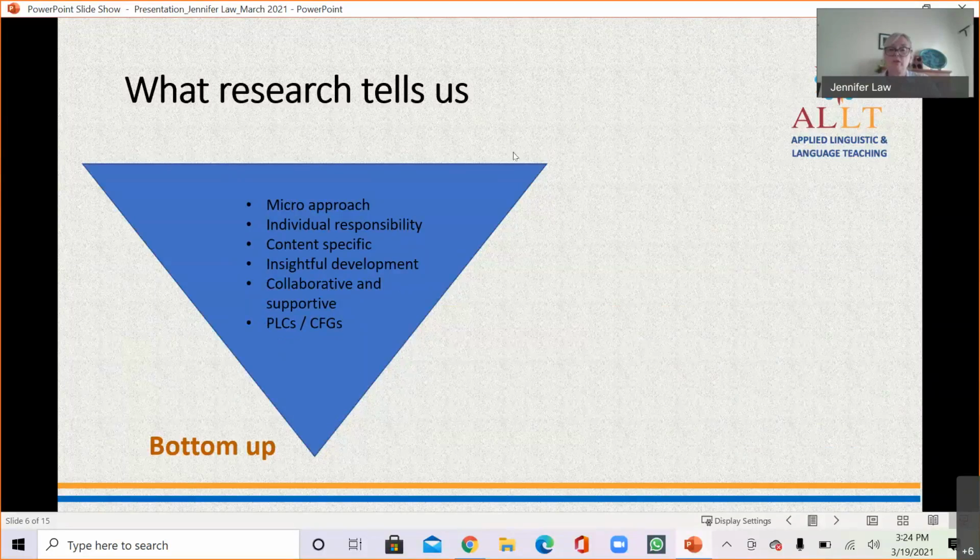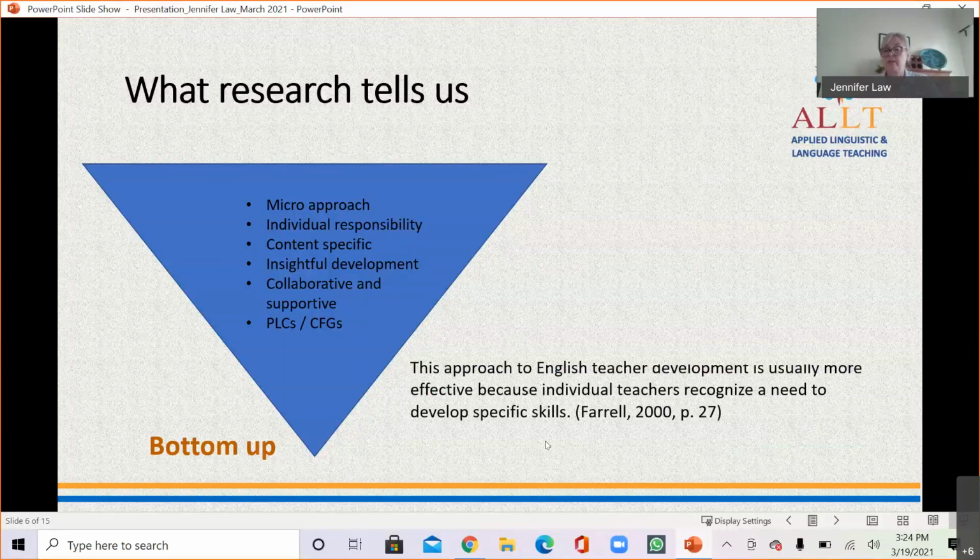They usually choose the content and therefore it feels like it's more relevant to them, which in turn leads to insightful development. And one thing I guess we need to really point out is that just because it's individually led doesn't mean that they are in a silo on their own. It usually means there's much more collaboration and support from their own teacher cohort. To share what Farrell says,